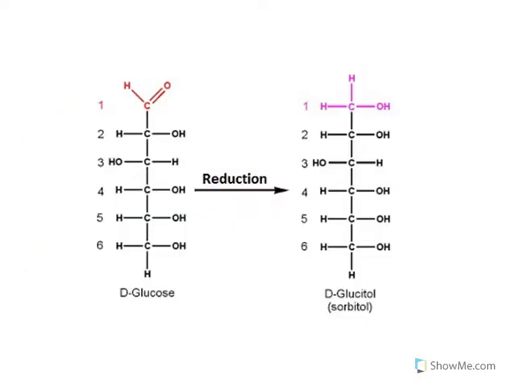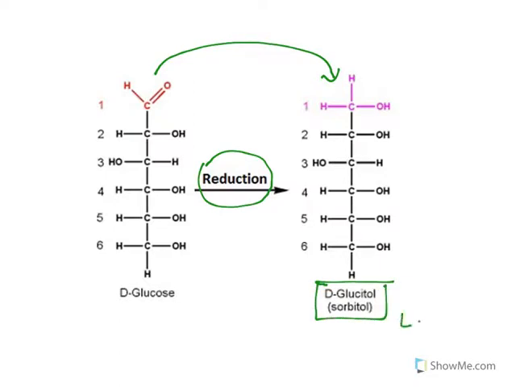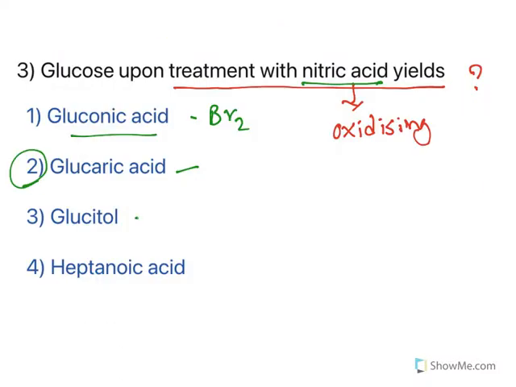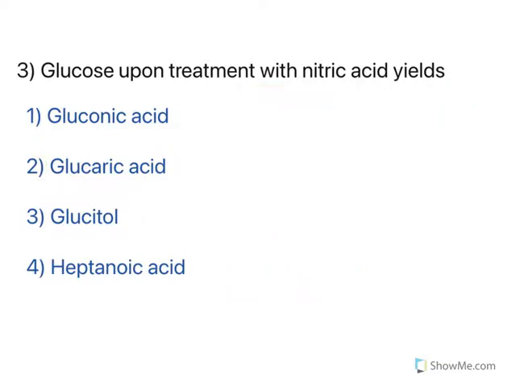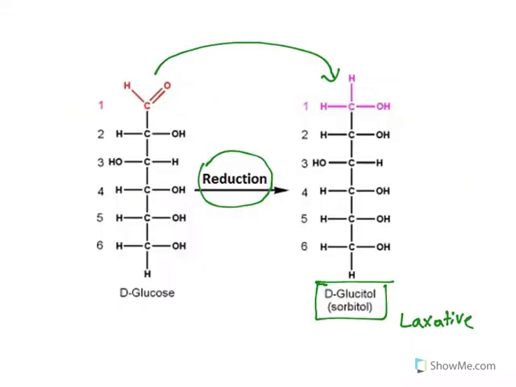The other thing, see, glucose can undergo reduction too. In reduction, the aldehyde is converted to alcohol and it is known as glucitol, which is also known as sorbitol. Sorbitol is a popular laxative. So see, in the options, glucitol is also there. This is because of reduction. The top two are because of oxidation, but complete oxidation occurs with nitric acid and it forms glucaric acid. Heptanoic acid, hepta meaning 7 carbon containing carboxylic acid, is heptanoic acid. But understand these three things. The answer here is that with nitric acid it forms glucaric acid. Gluconic acid is partial oxidation. Glucitol is reduction of glucose. Now moving to the next one.